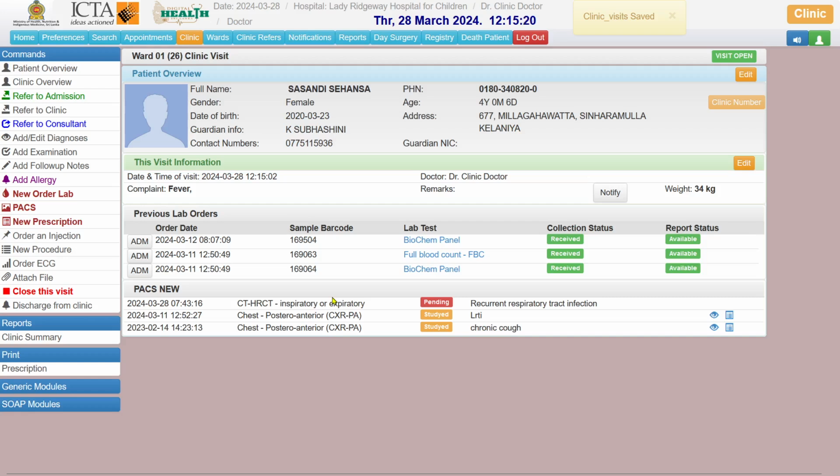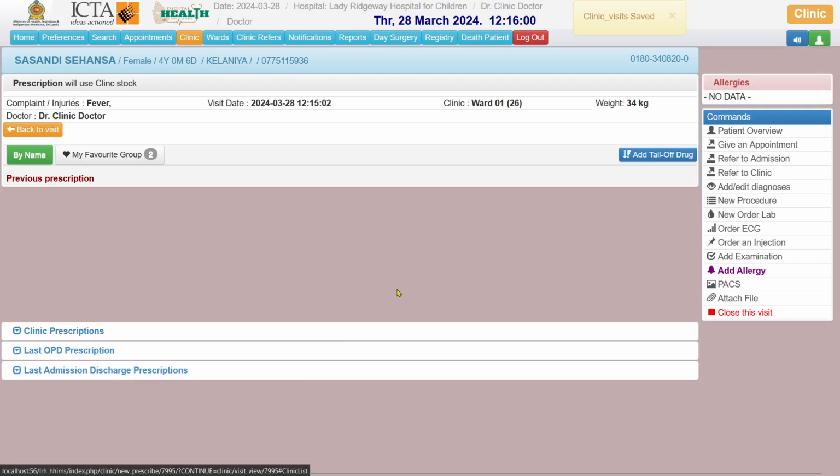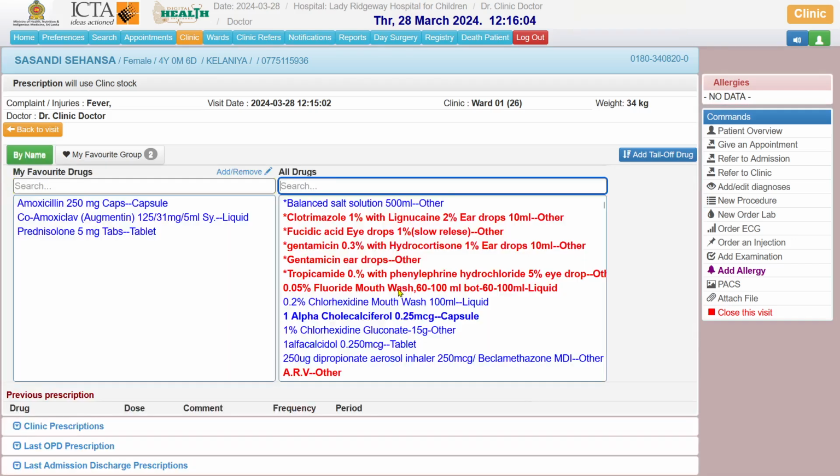Now we have to tell you something additional here. We used the left side pane for the new prescription, the lab orders and the PACS. Now when you create the visit, there are a lot of other blue color buttons down below, which we used to save and go. These are the same shortcuts for the same commands on the left side after you create the visit. For example, if you want to go directly to the prescription from the create visit page, without saving, you just press prescription. It will save automatically and go directly to the prescription page. Just a small shortcut. Right? So the visit is created, but directly we have come to this page. Now in this patient,